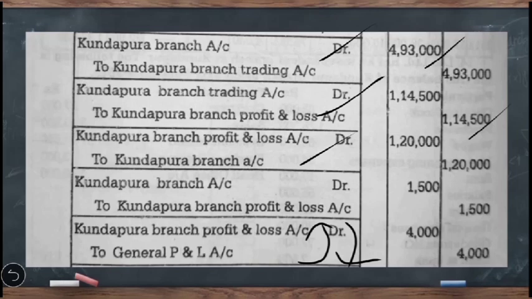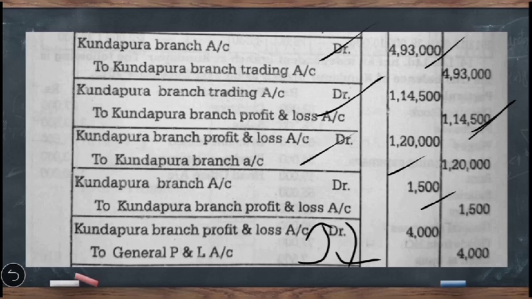After this entry, we are going to close the profit and loss account to see whether there is net profit or net loss. Okay. Now, on the credit side, we have brought forward the gross profit of 1,14,500. Then we have one credit item, that is discount earned 1,500. Total of the credit side will be 1,16,000. But on the debit side, we have 1,20,000. Nothing but here the debit side is more than the credit side. So, we get the balancing figure on the credit side which represents net loss.